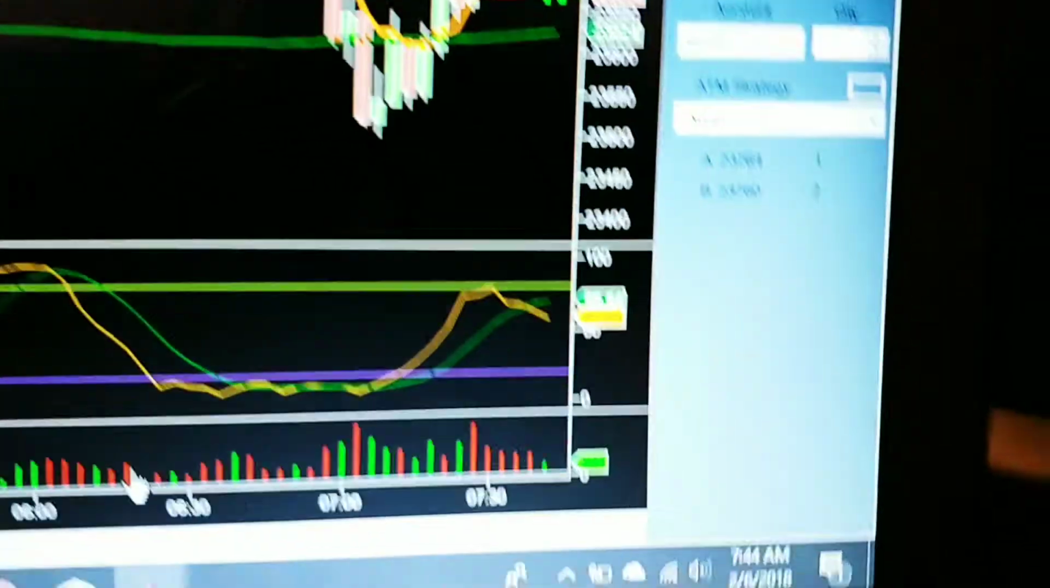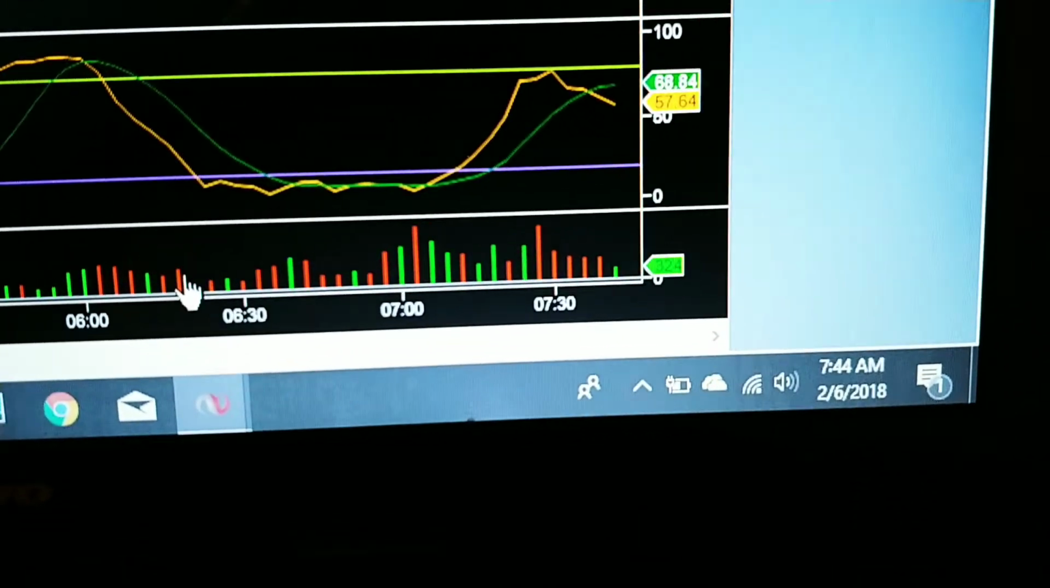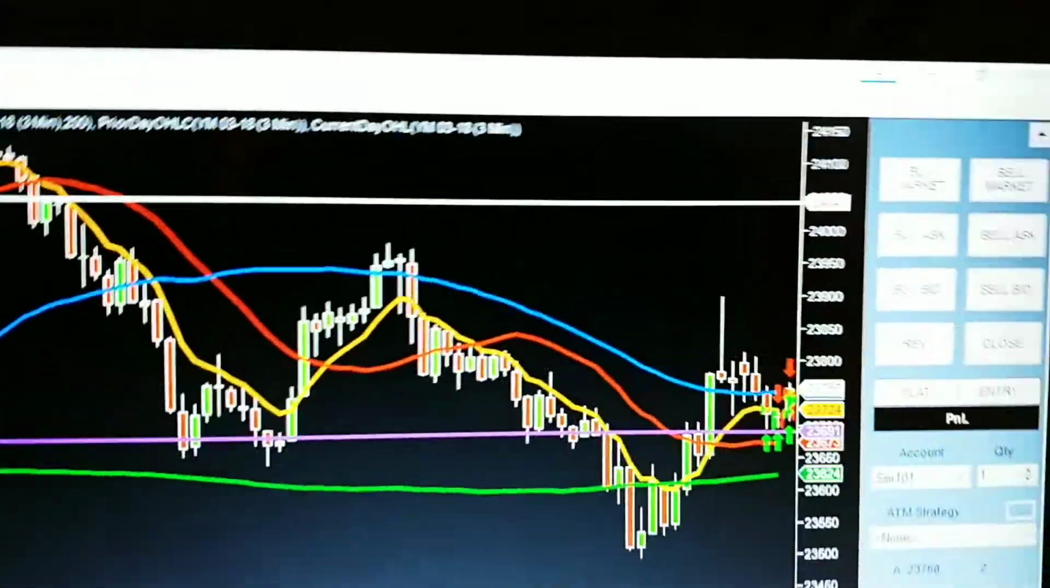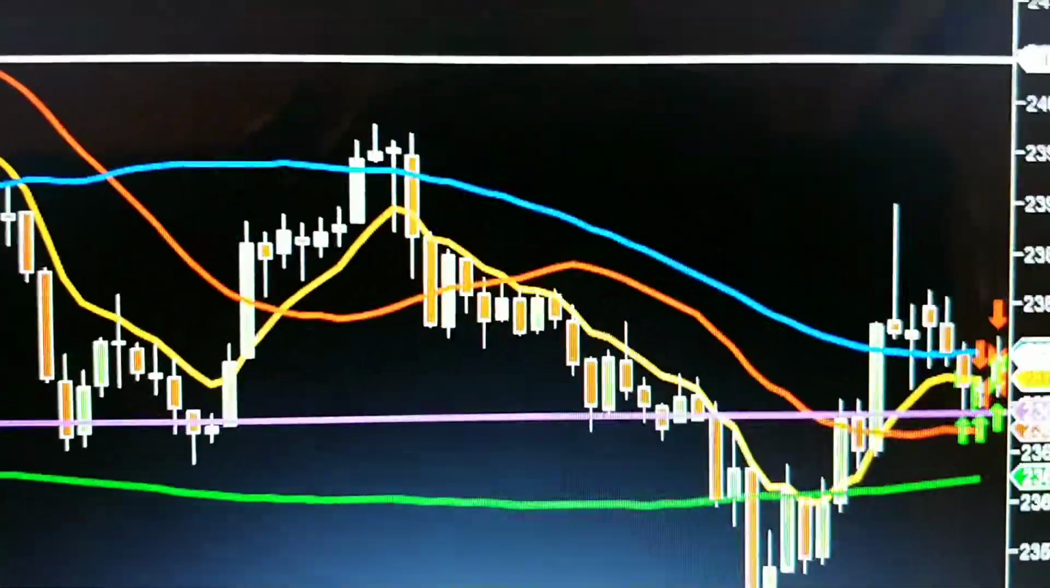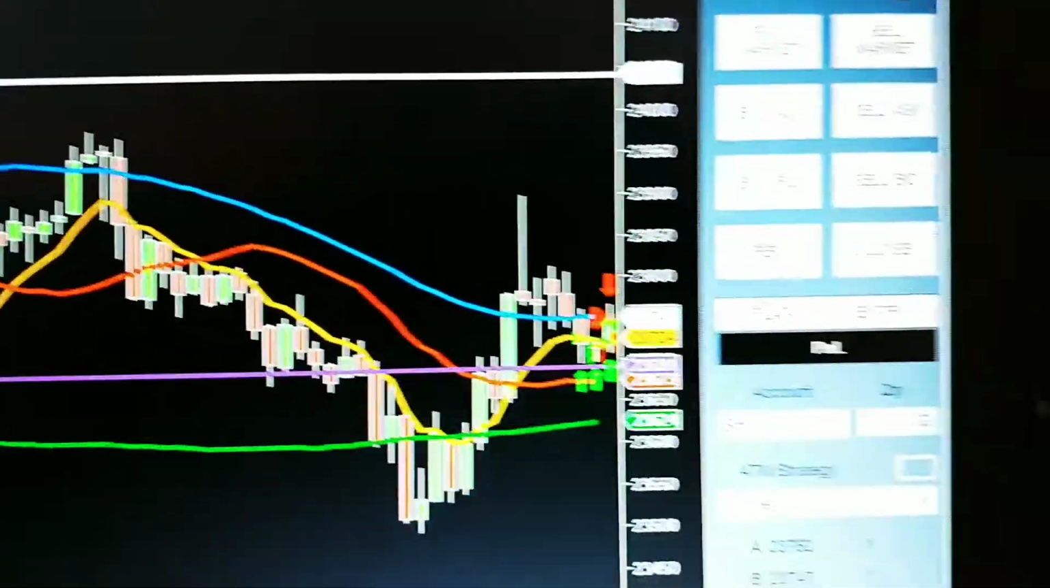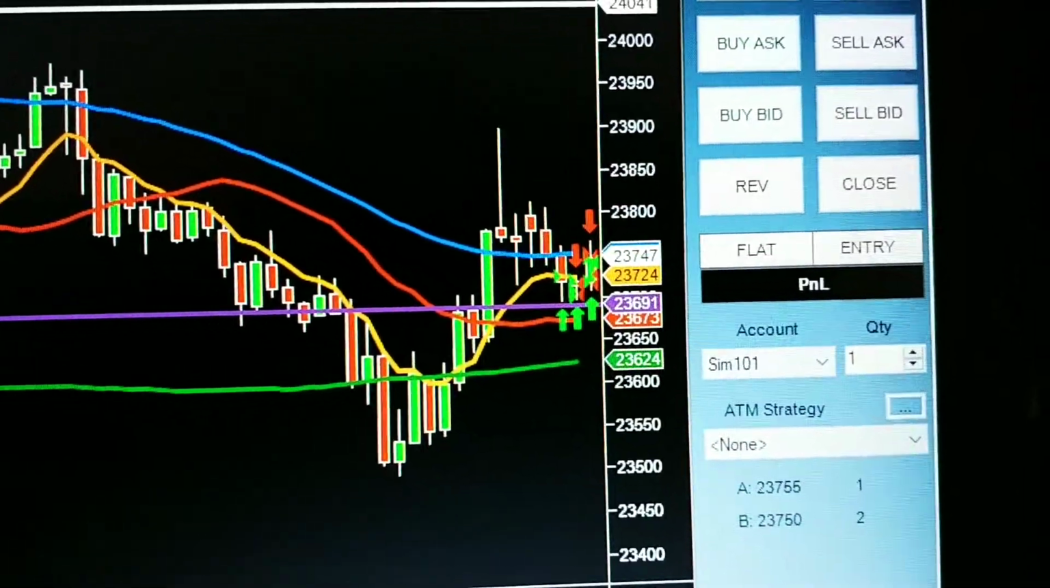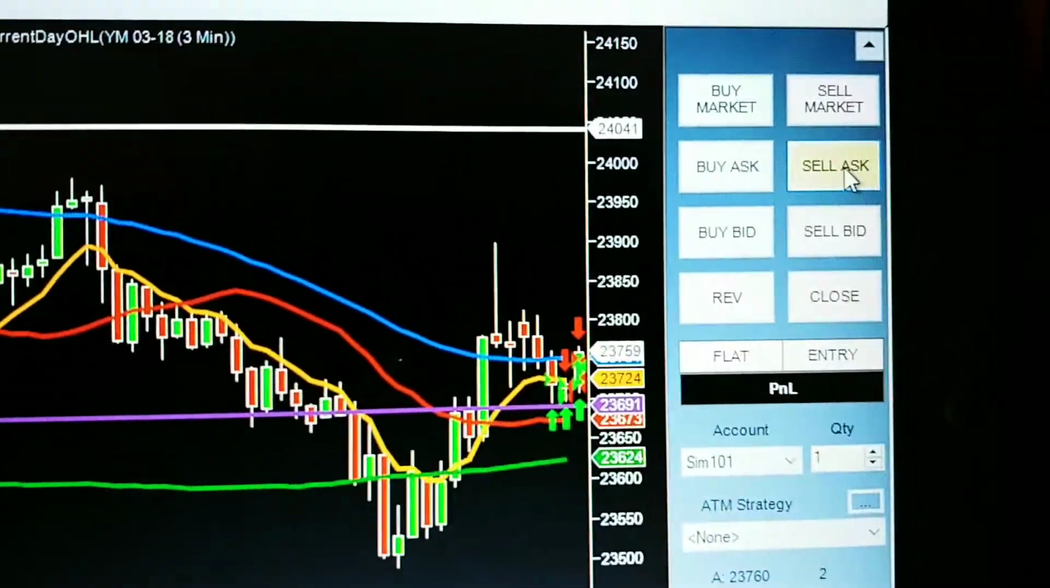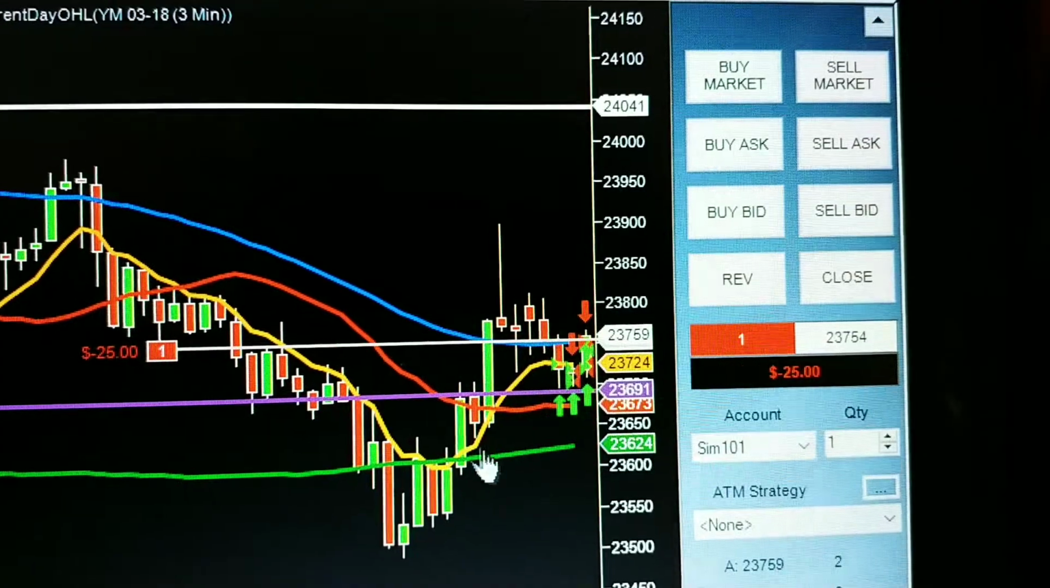Tuesday, the 6th. Still a lot of volatility in the market. As you can see here, I'll show you in this sim trade how volatile the market is. I'm going to sell it off this